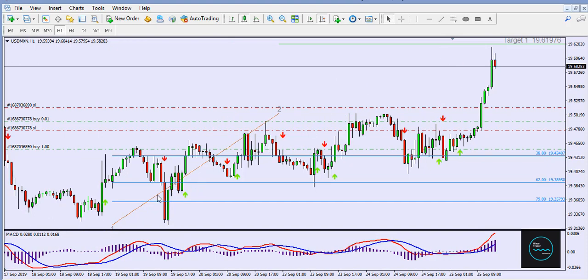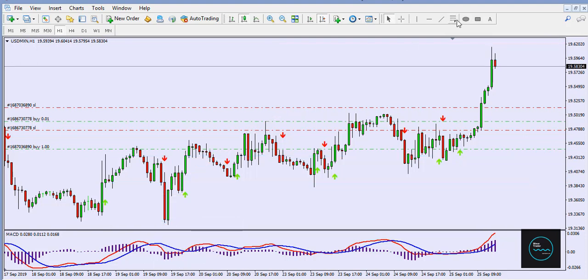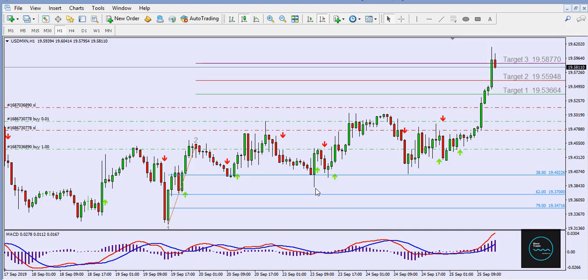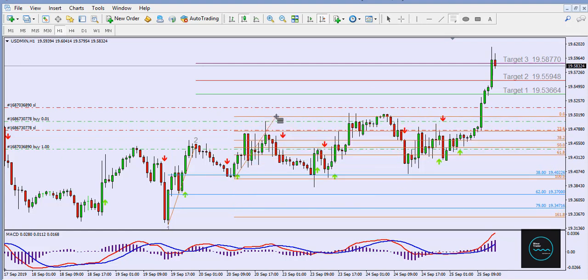Like here, for instance, let me just delete this and show. If I had taken this to here, you can see that there was an entry point at the 38.2%, and then later on there was one at the 50% region. So if I had even placed a trade there, if this hadn't taken me in, then eventually this one would have taken me in. And let's say I was watching the market again, as at the time this happened. If I had decided to do this from here all the way to this point,